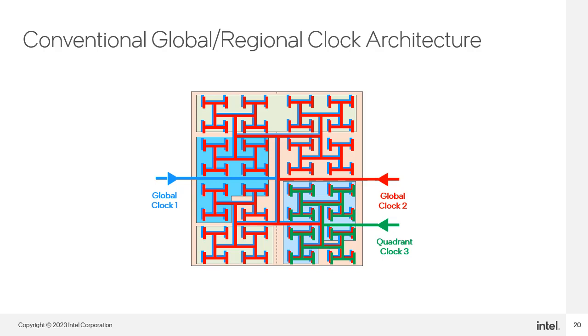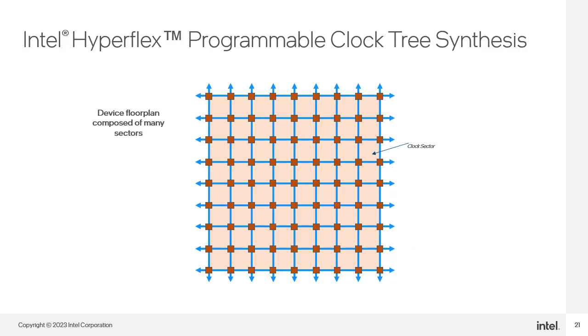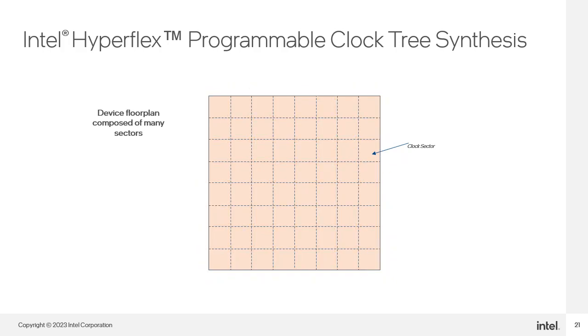Since the entire clock tree is enabled and powered, this translates to additional power consumption for the device. Now let's look at the programmable clock tree synthesis. This clock tree is composed of segments that span the FPGA's XY coordinate system, creating clock sectors. The clock tree is only synthesized to the sectors where that clock is needed to drive logic placed in that